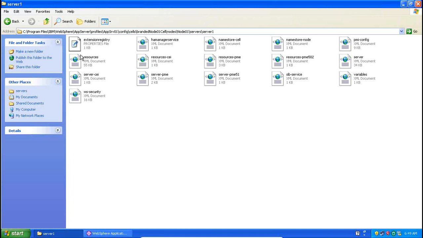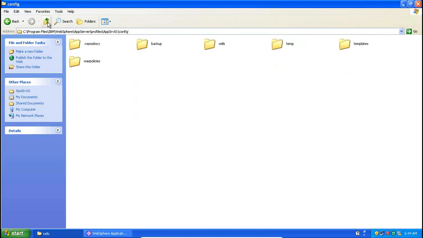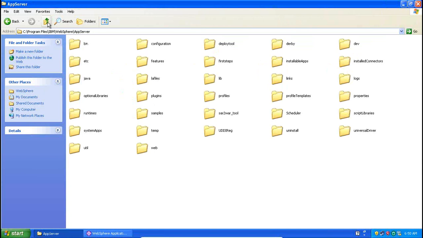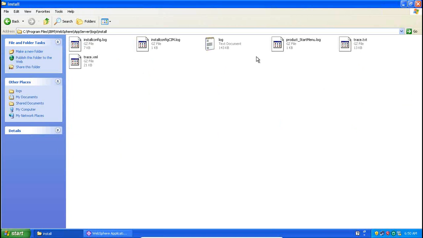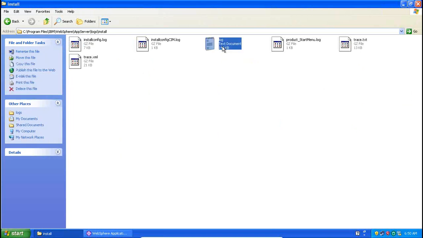Fine. Now today we did two things, right? One is installation of WebSphere. I separate our total task today into two. One is installing WebSphere. Second one is creating a profile, nothing but cell, node, server. So if you want to see whether installation is a success or a failure, come to the install folder, under logs, and go to log.txt. This is a text file, log.txt.